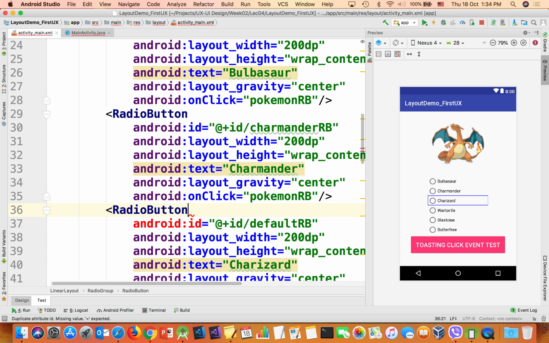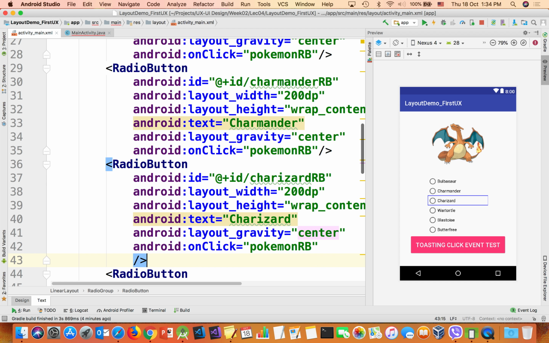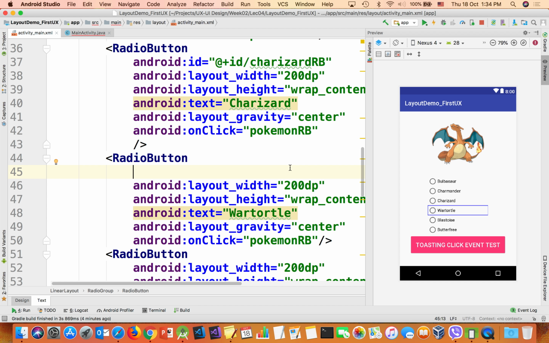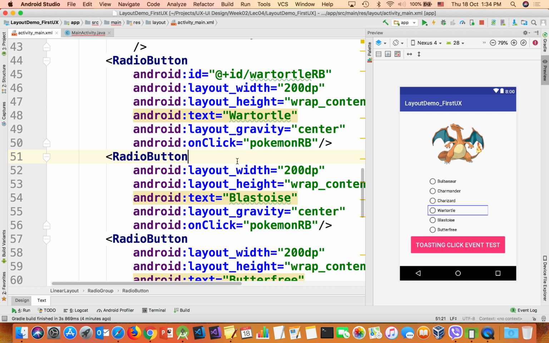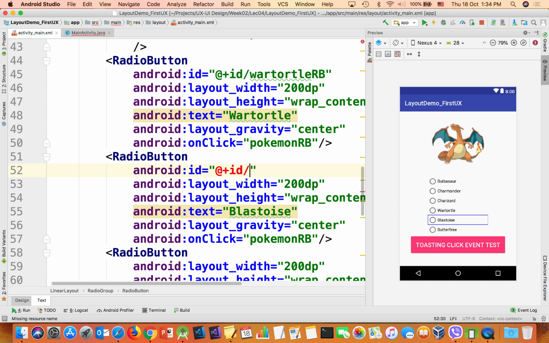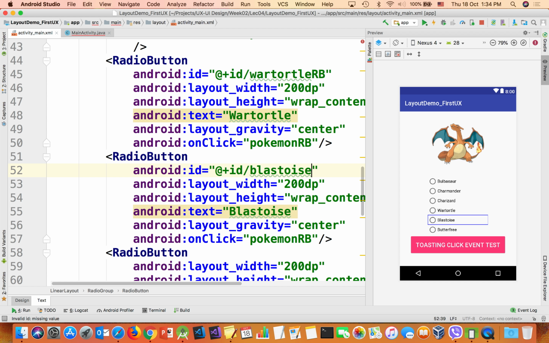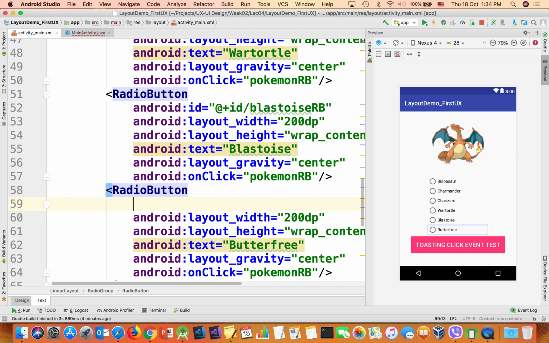Okay, we have already assigned that particular ID to this one. So instead of saying default, we say that it's a Charizard. Charizard RB, and similarly here this one is the Wartortle. So we say ID, and then we say Wartortle RB, and then similarly this one is the ID, and then here the name is Blastoise RB. Okay, and then we can say that ID, and then this is a Butterfree